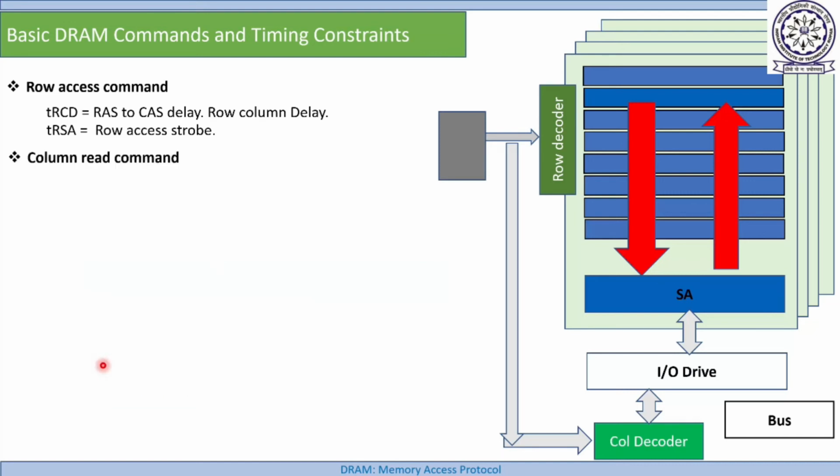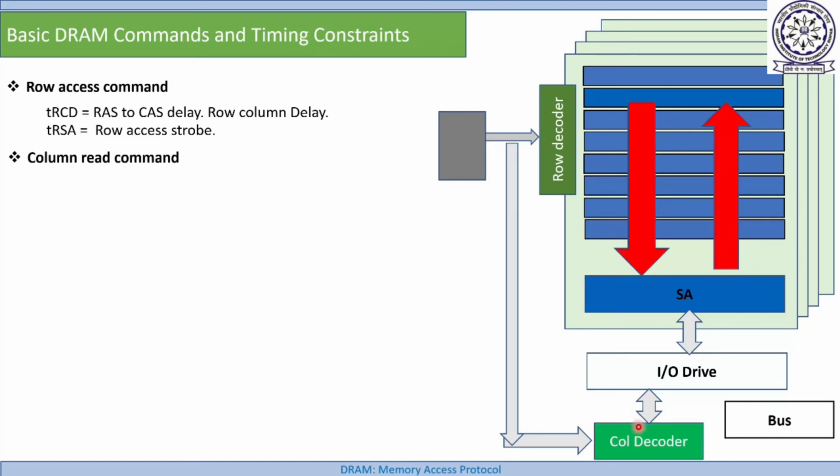Now we'll discuss the column read command and what the timing constraints are with it. As I explained in the last slide, column read can only be performed once the content of the corresponding row is already available in the sense amplifier. So let us assume this is the ideal situation where the content of row number 2 is already available in the sense amplifier. In this case, the controller will send a command here, and with this command it will also send the column address. The command reaching from here to here will take tCMD time, as I already explained. After this time, the command will be at the DRAM device, or you can say the column read command is issued.